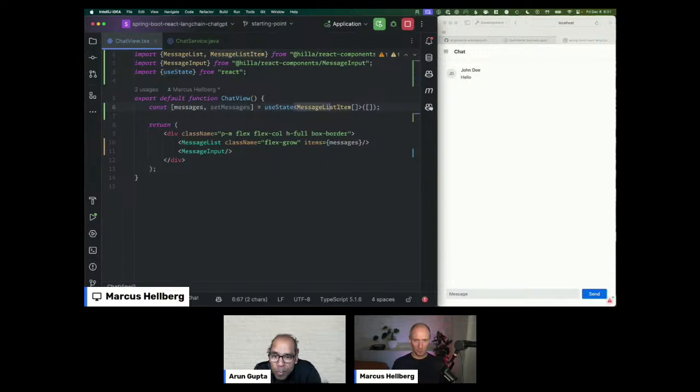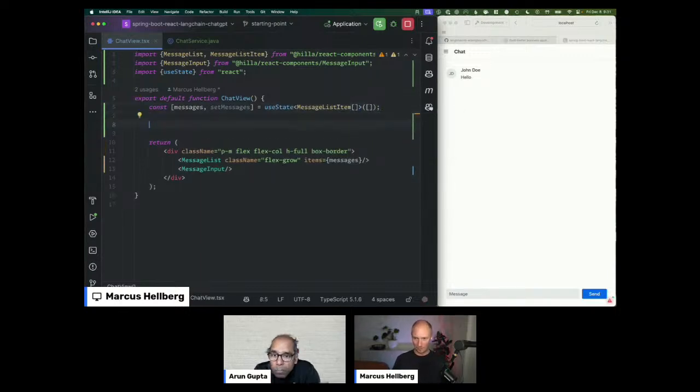So we're calling useState with an initial value. The initial value is an empty array, and this here is a type, similar to Java generics brackets for state, saying that the type of this state is an array of message list items. So that's how to read this.